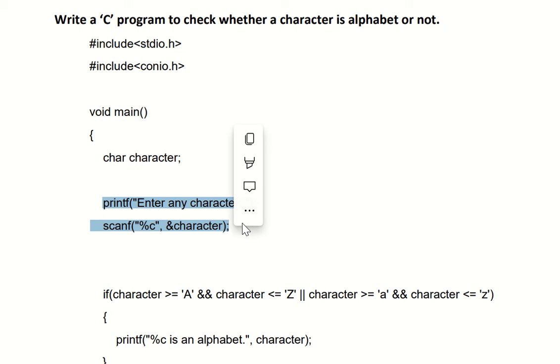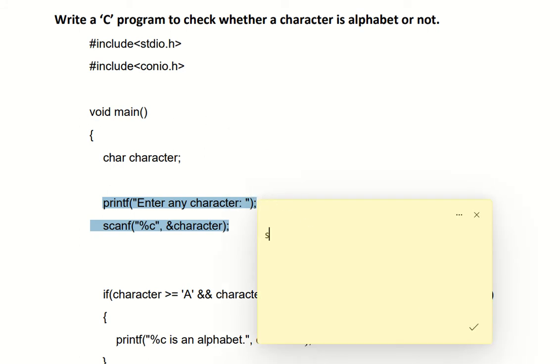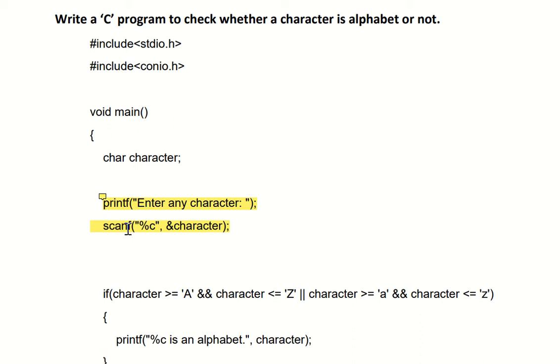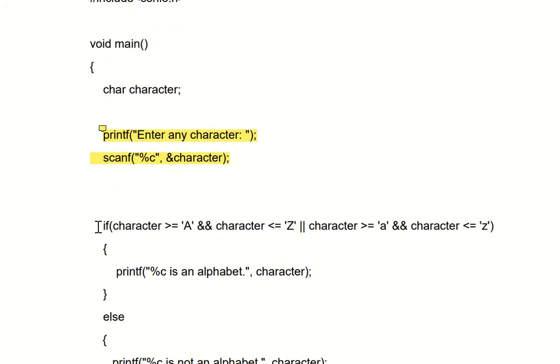Here we are asking the user to enter one character. So the user will enter one character, for example S. With scanf, suppose the user has entered small s. Now here we have an if condition. If character, that means here we have entered small s, is greater than or equal to capital A with single quotation,